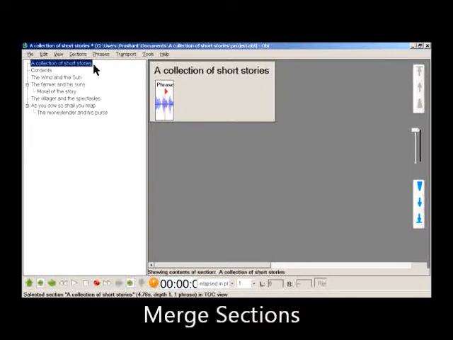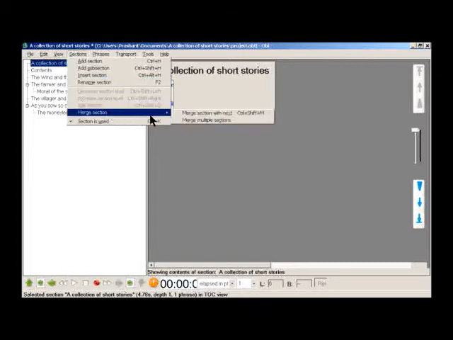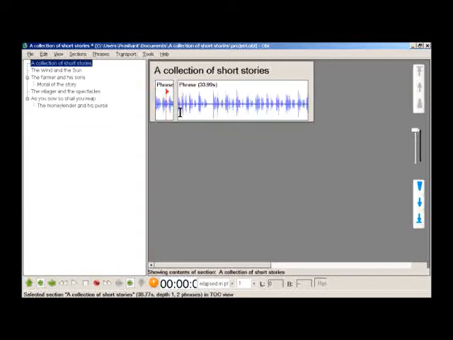To merge a section with the next section, which is either at the same level or a subsection, in the sections menu click on merge sections and then click on merge section with next. The keyboard shortcut is Ctrl+Shift+M. When you do this, the subsequent section is appended to the former section and all the contents of the second section are added to the first one.